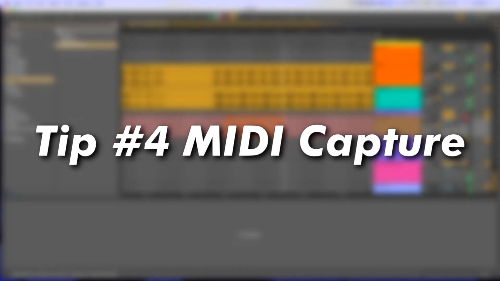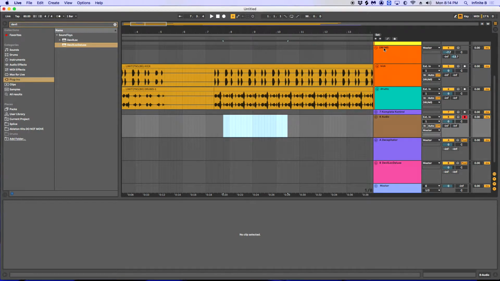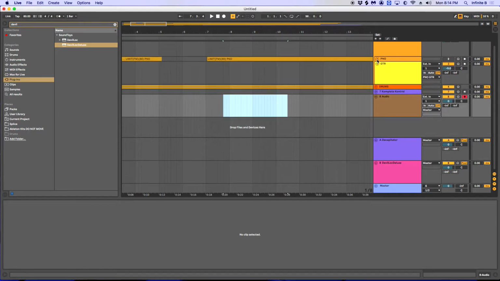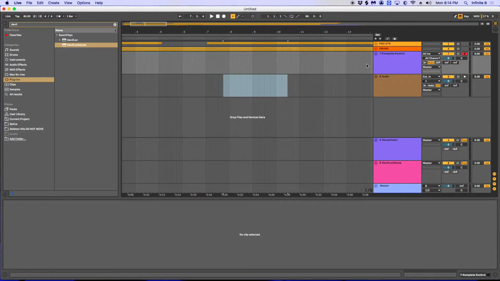This is really important. I wish I knew this when I started off because sometimes you'll be working on a beat, messing around on the keyboard, and someone like me who doesn't know music theory kind of just expresses whatever you can on the piano and finds something out of the chaos that I decide to be creative with. I think having the capture feature is very beneficial and convenient because you can play something and then